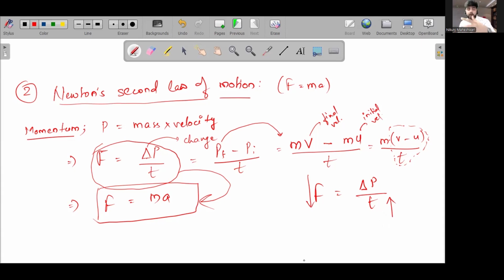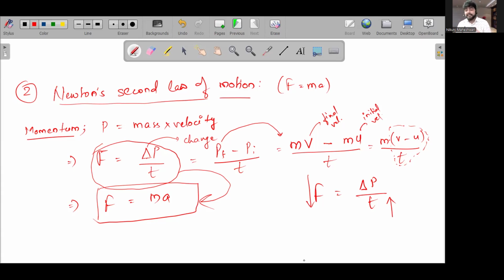For example, if anyone here is a cricket enthusiast, you might have seen players or cricketers. When they catch the ball, they drag their hand down along with the ball. They'll catch it like this. Why? It's because they are changing the momentum. The ball is coming with a great velocity, and they know they need to stop it. That means they need to change the momentum. They are just giving enough time for the momentum to change so that it doesn't hurt their hand with a great amount of force, right?